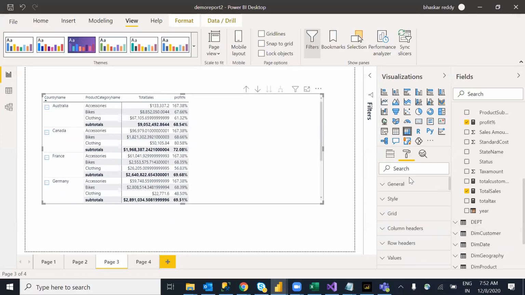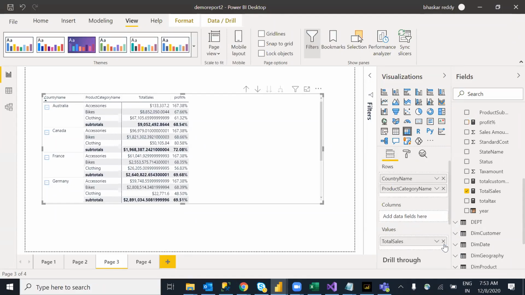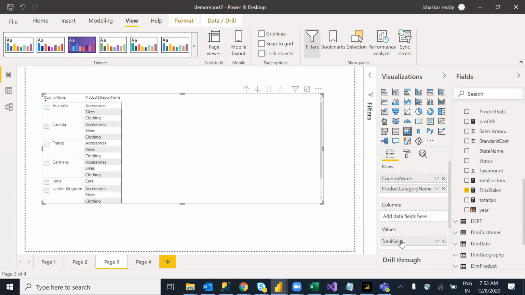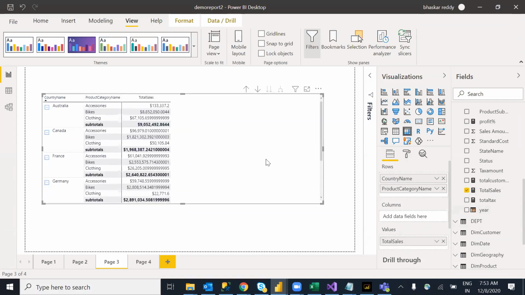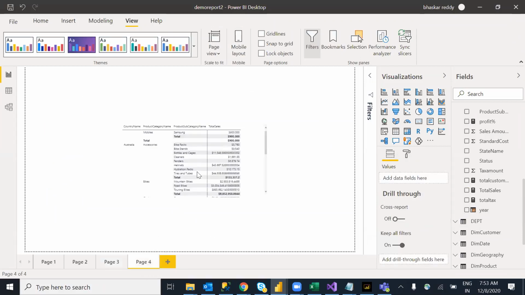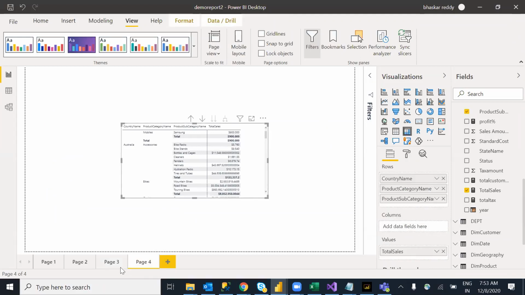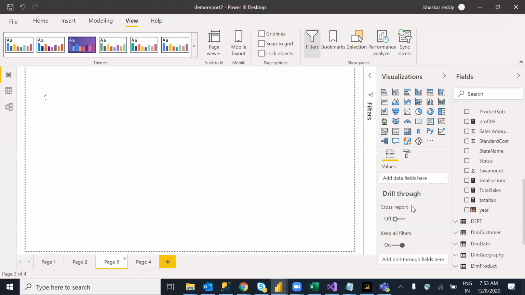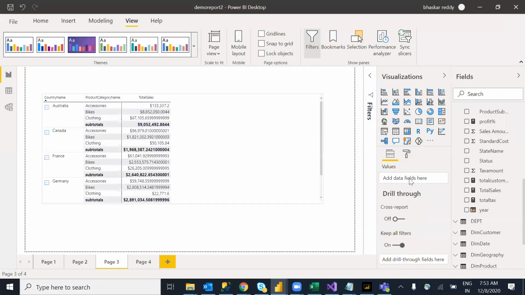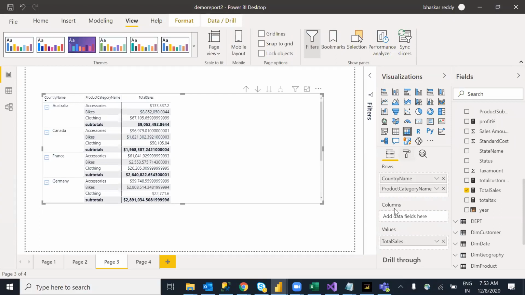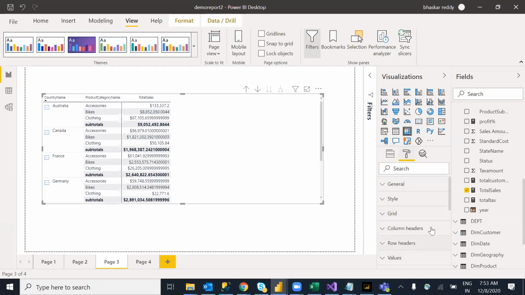Why is the grand total not coming? Total sales, let me drag it. Somewhere we missed the property. The grand total did not get enabled. That's what I'm looking for, where we can enable the grand totals. I didn't turn it off anywhere.